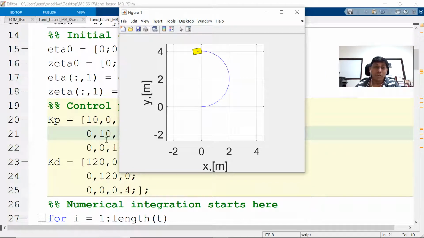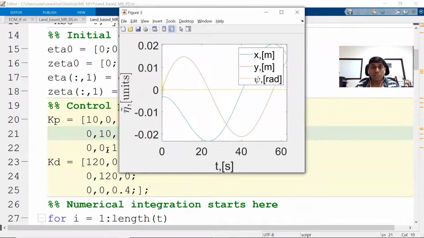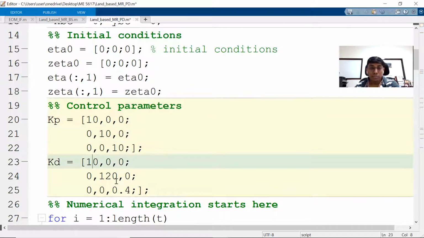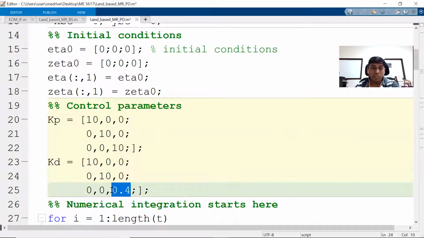Because the derivative we have still not reduced. So the velocity error is still being brought to 0. That's why it is following it. I'll show you what exactly we were talking about. So you can see, right? Now the position error is increased. Now even I'm changing this point. I'm just giving it all equal to 10, or all equal to 4 or something.